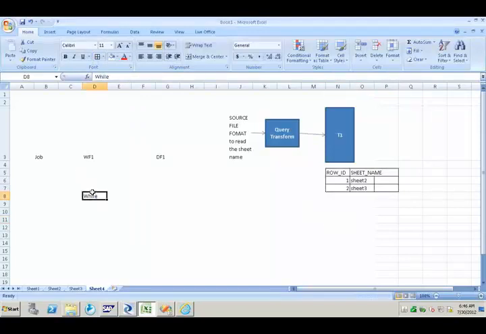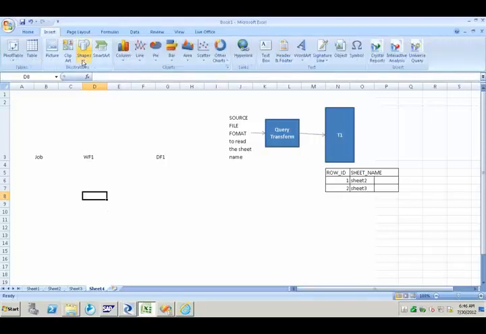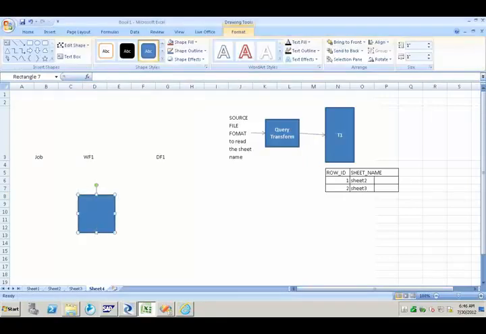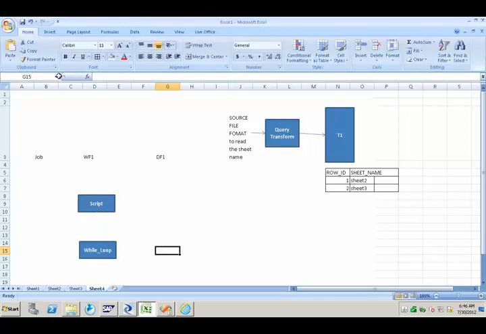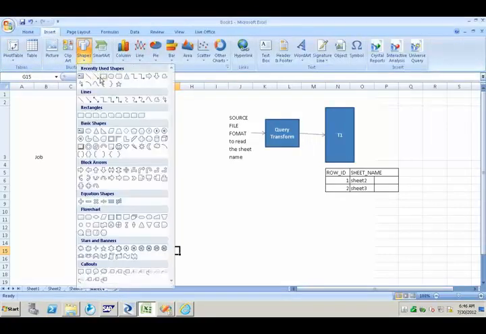Okay. Now coming to this while, let us remove this. I am going to keep one script here. Next, a while loop, and I am going to connect these two.